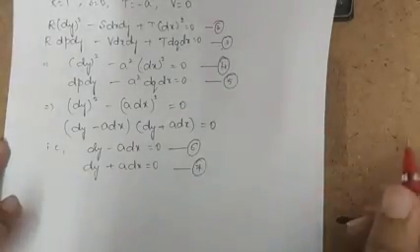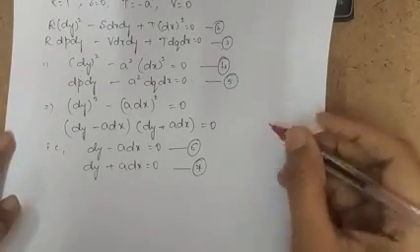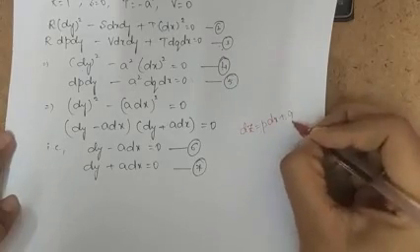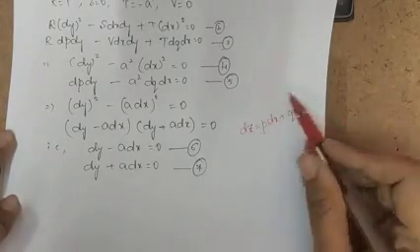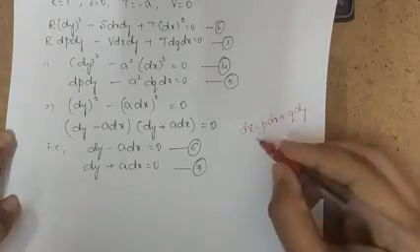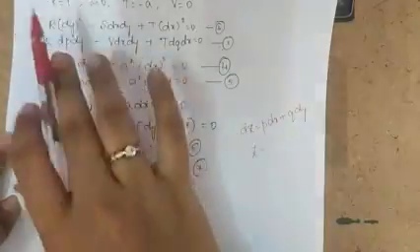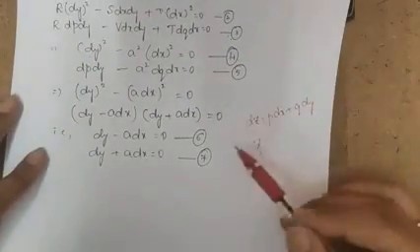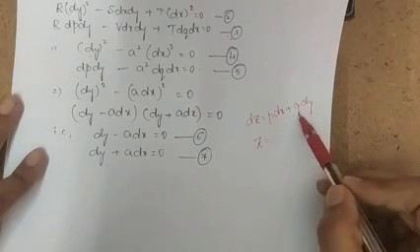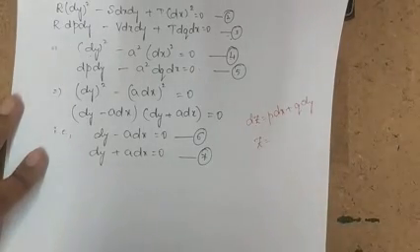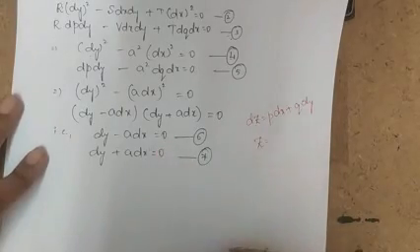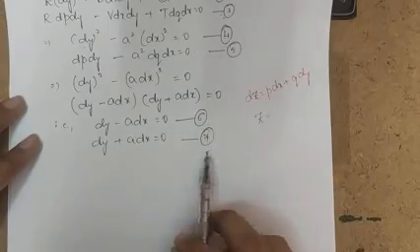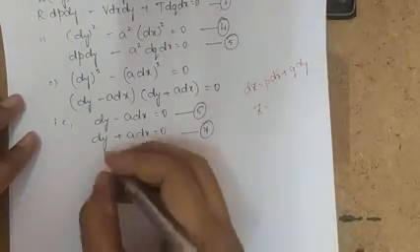What you will actually do in Monge's method is find the solution in the form of dz is equal to p dx plus q dy, and then you will integrate this term so that you will get the complete solution for the given equation. In order to find the complete solution, you should know what p, q, dx, dy are, everything. So for that we are finding all the terms. Now integrate equation number 6 and equation number 7 with respect to x.